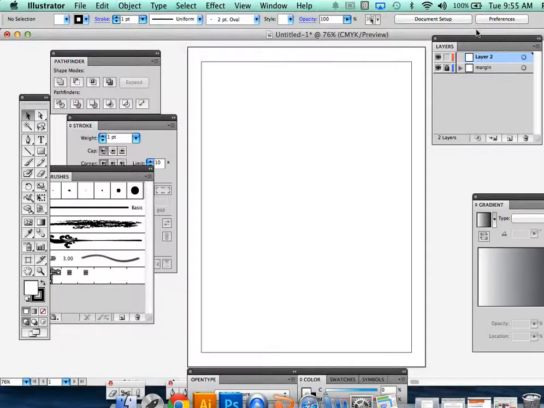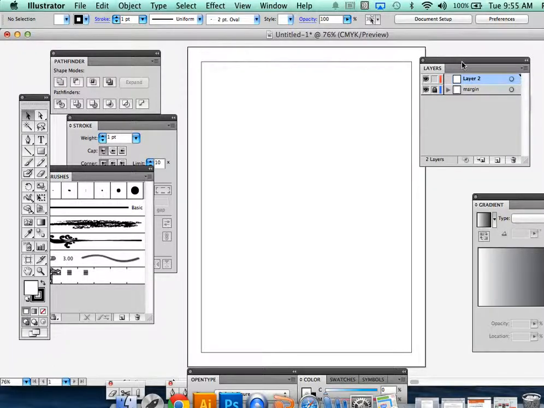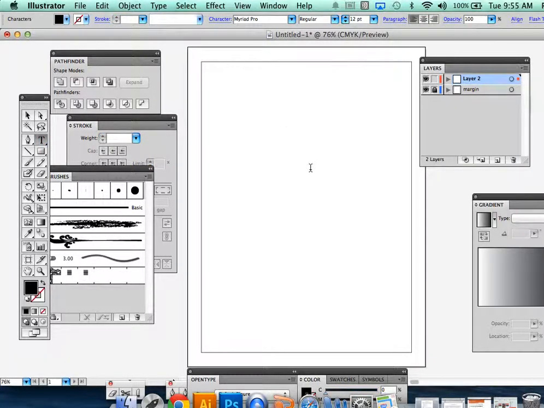Okay, so make a new layer, and now you can actually start working on what it is that you're going to say. Typically we're thinking about hierarchy. Obviously, what do you include in a resume? Well, typical things you would include would be your name, a contact information. And in fact, there's a sheet that I give you that has all this on it. So I want you to go back and refer to that sheet and think about all the things that you're